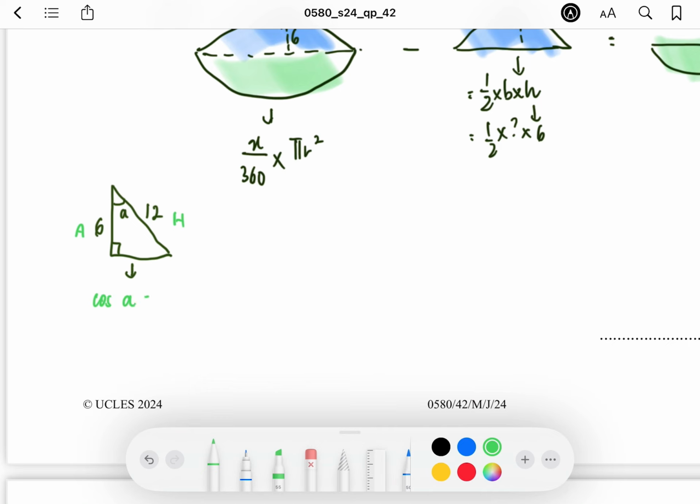Cosine of A equals to adjacent over hypotenuse, which is 6 over 12. So your A equals to cos minus 1, 6/12. Pakai calculator. And you get,